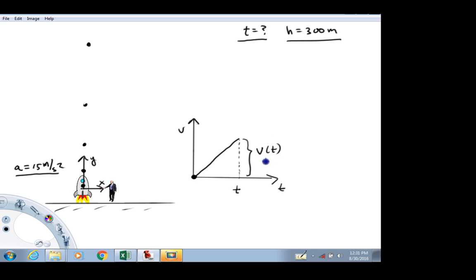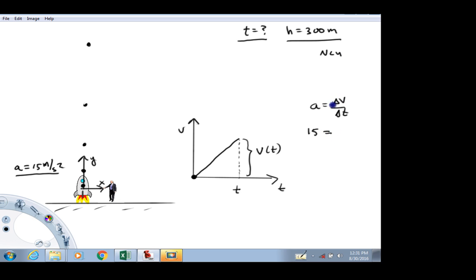There's a couple ways to get this function. I'm going to get it like this. Since I know something about the acceleration, I know that acceleration is equal to change in v over change in t. In this example, I know the acceleration to be 15 meters per second squared. I'm going to put NCU here, which stands for note consistent units,